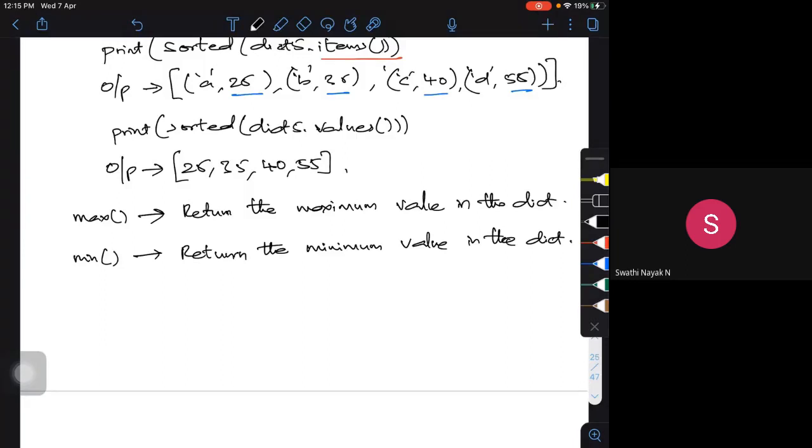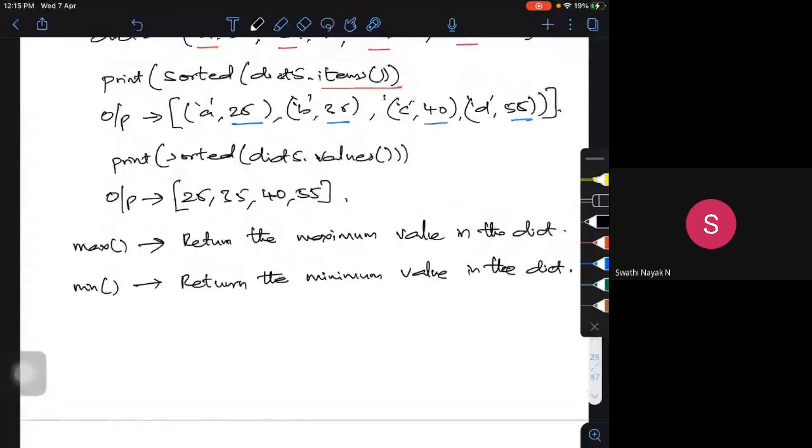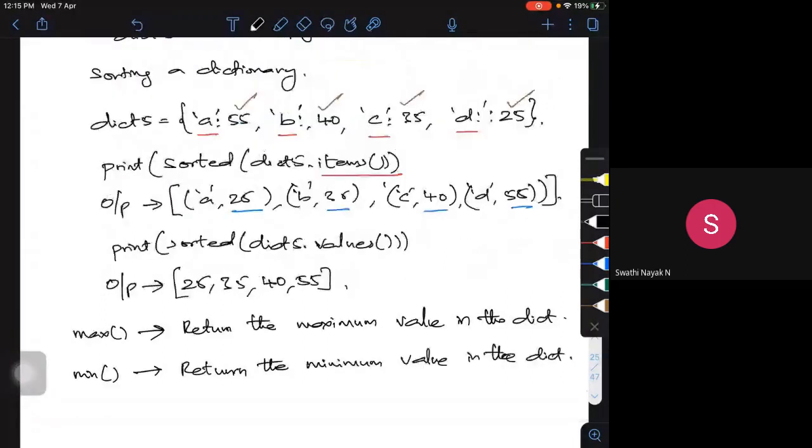I have created dict5: A 55, B 40, C 35, D 25. If I use print max of dict, it tells that A has the maximum value, that is 55.